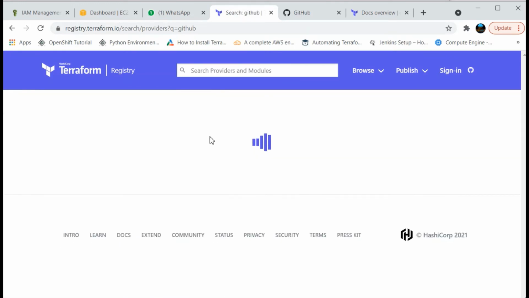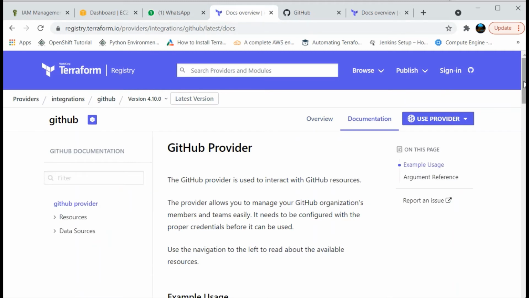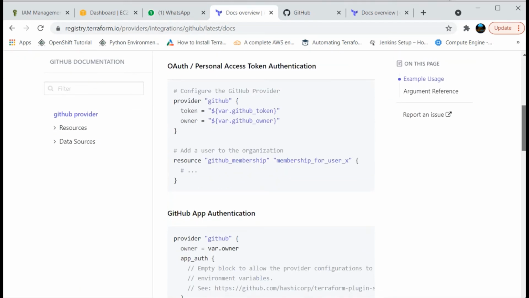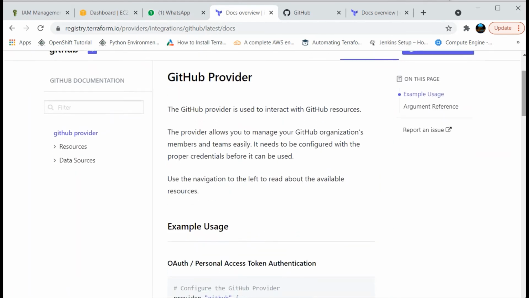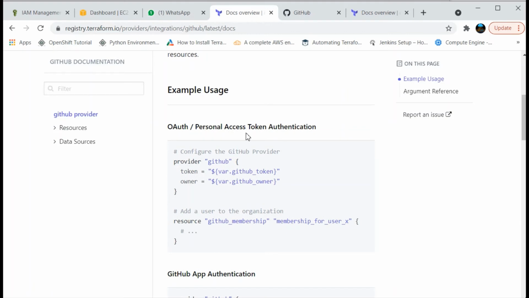Now we have GitHub as a provider. Go to the documentation. Anything you work with in Terraform, there is very good documentation. If you see here, the provider is GitHub, and we need to give the token here.